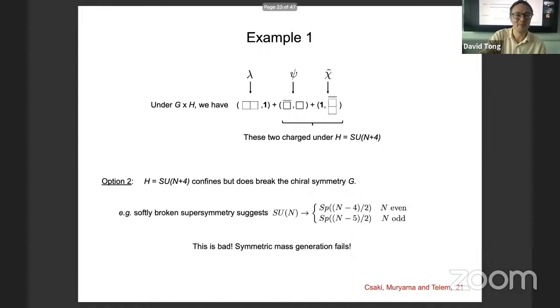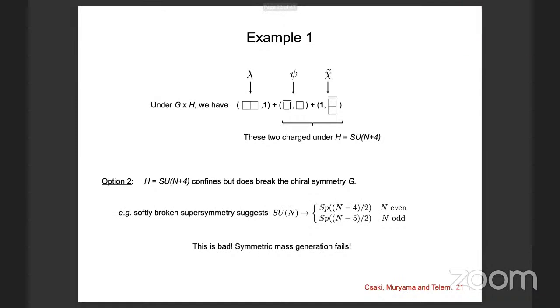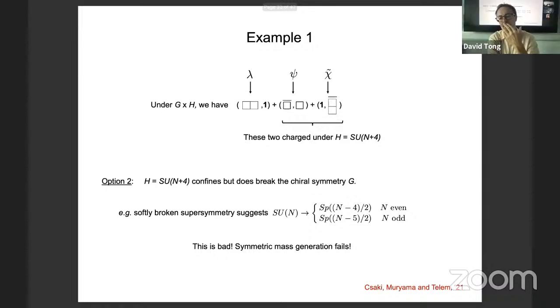All right, so here's option 2. Rather surprisingly, option 2 came up only this year. People have known that it's possible to confine and break the chiral symmetry G, but I think this is the most compelling suggestion along those lines. What they did was the following. They looked at the supersymmetric version of this chiral gauge theory. It turns out the supersymmetric version has one of those runaway potentials which pushes the SUSY vacuum off to infinity. But they figured out how one could